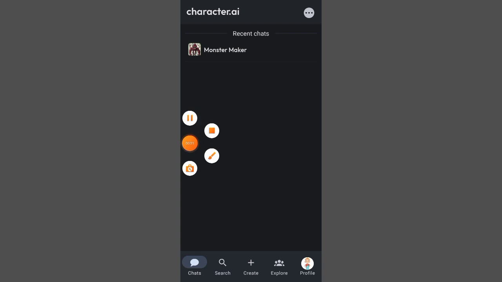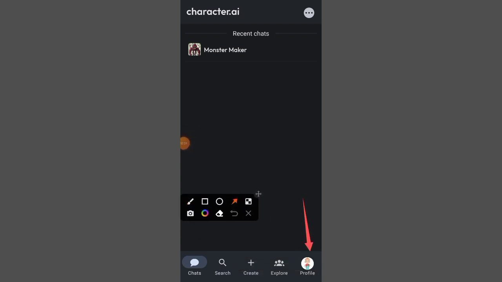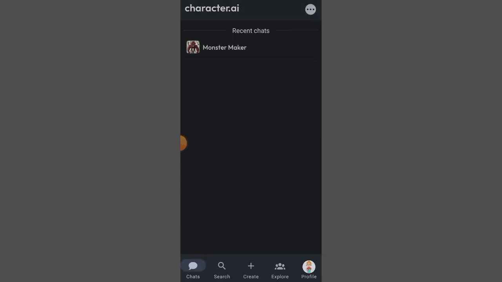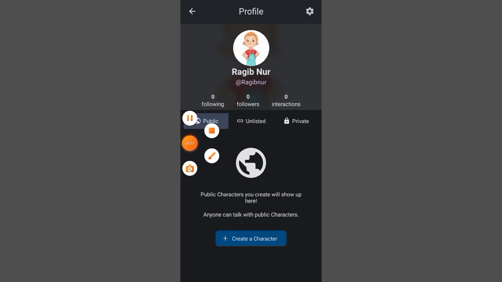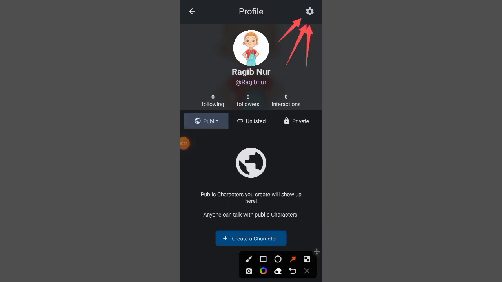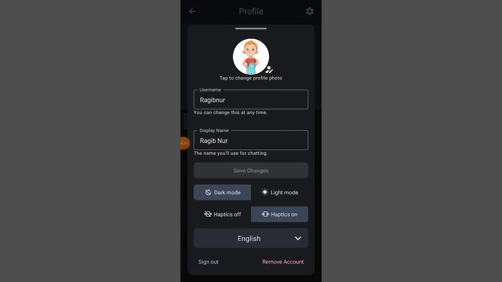And then you need to go to your profile page. Okay, once you click on the profile, bottom part of your screen, so click on the profile. When you click on the profile, then you will see your profile page. Then here you will see the option settings, so simply click on the settings, and then you'll get the two